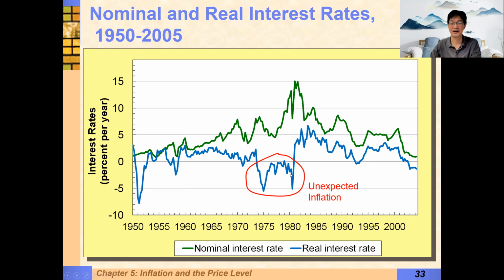This is very unexpected, because if the real interest rate is negative, it means essentially the bank is paying you to borrow from them. Imagine that you've borrowed $1 million from the bank, and you pay the bank 5%, and then the inflation rate is 10%. You borrow money from the bank, you go and buy a factory, at the end of the year it's worth $1,100,000. But you only owe the bank $1,050,000.